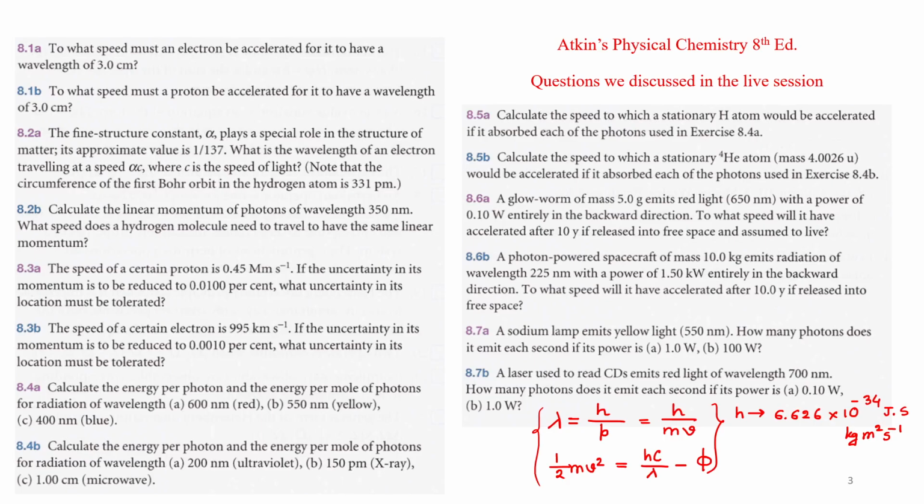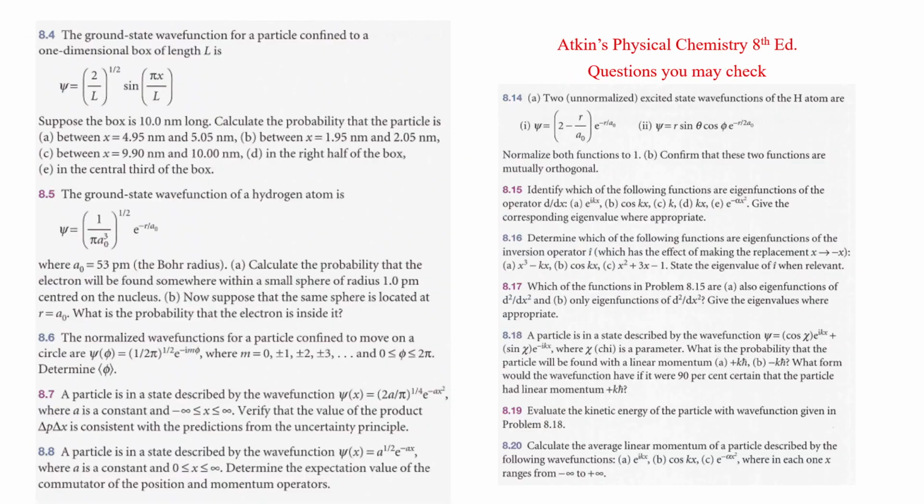Actually not any of them, but I will write it here, 8.78. The energy per photon will be given by hc by lambda, right? So the energy of each photon will be hc by lambda, and we already know h